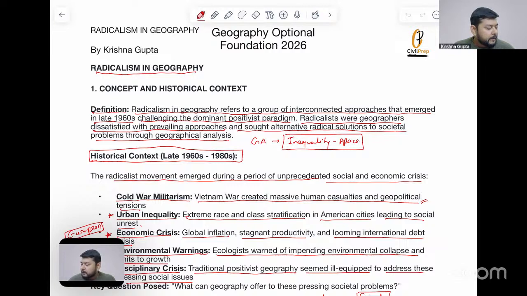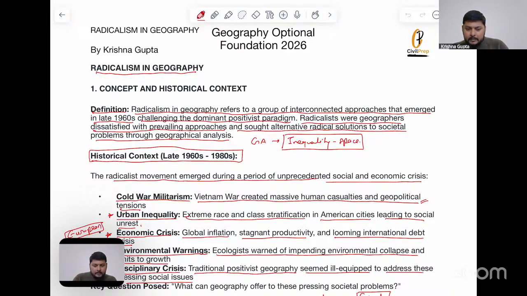Very good. Why are we studying postmodern and functionalist geography? Because geography did not end with postmodernism, or with environmentalism or welfarism. But what happened within the subject of geography after that is not taught anywhere, nor is it present in the books. Therefore, when we are writing a conclusion, or heading towards what the next step in geography is, 99% of geography optional aspirants don't know what to write in functionalist geography, or what exactly to write in postmodernist geography.